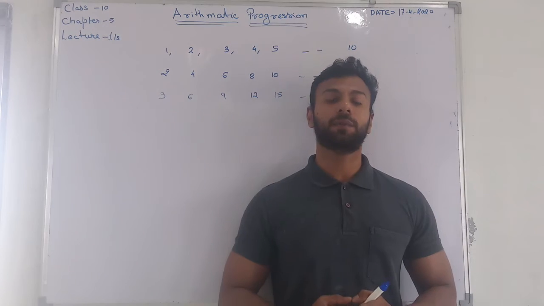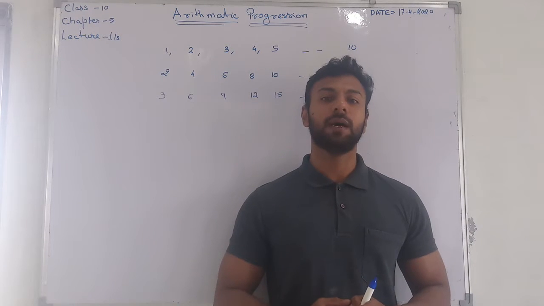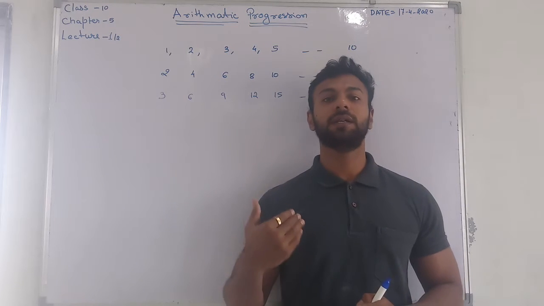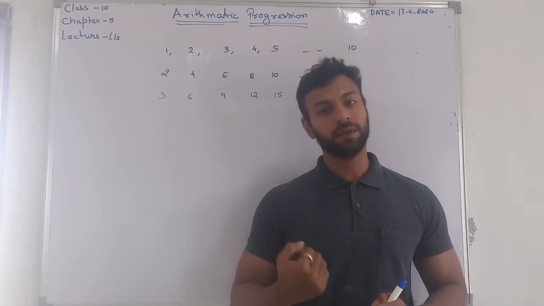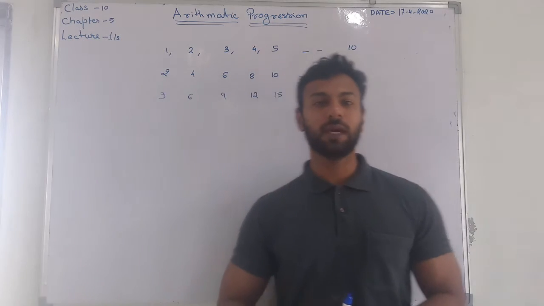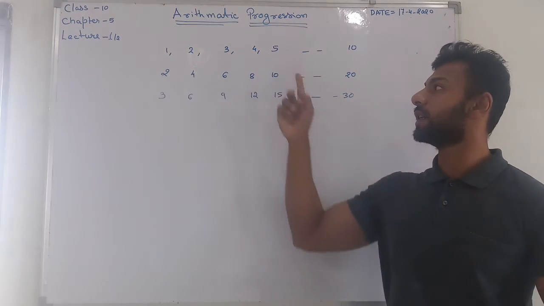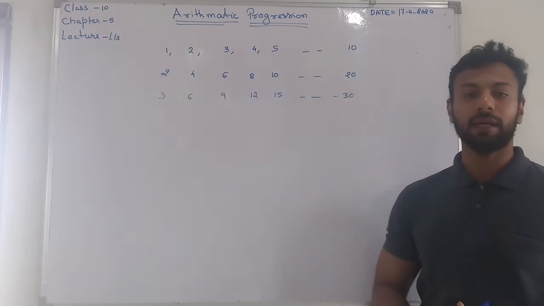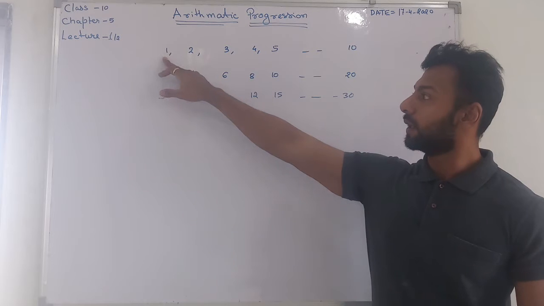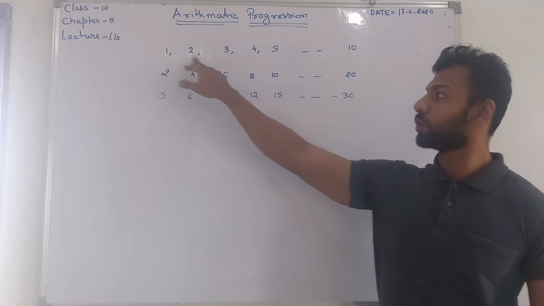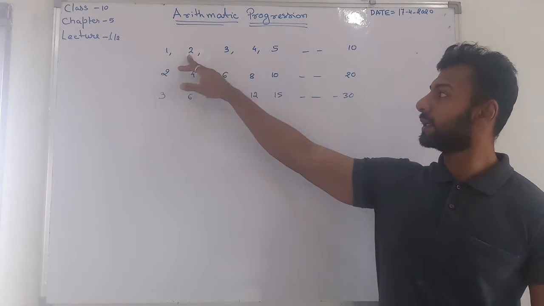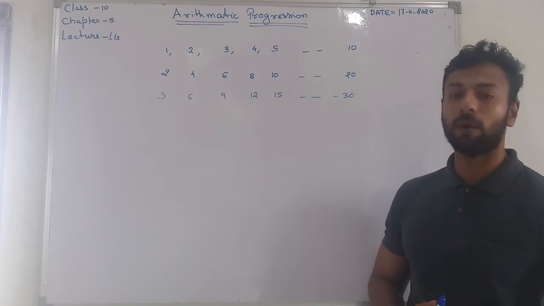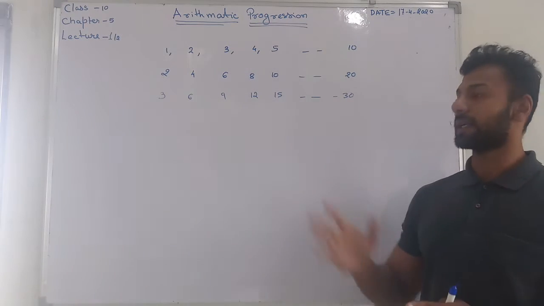Arithmetic progression is part of progression and series. As the name says, progression means numbers which are moving in succession, in which the second number is greater than the first number. Here is one example: the consecutive natural numbers starting from 1 and ending at 10. We can see that 1, 2, 3, 4: 2 is greater than 1, 3 is greater than 2, and 4 is greater than 3. So these numbers are forming a pattern in succession.